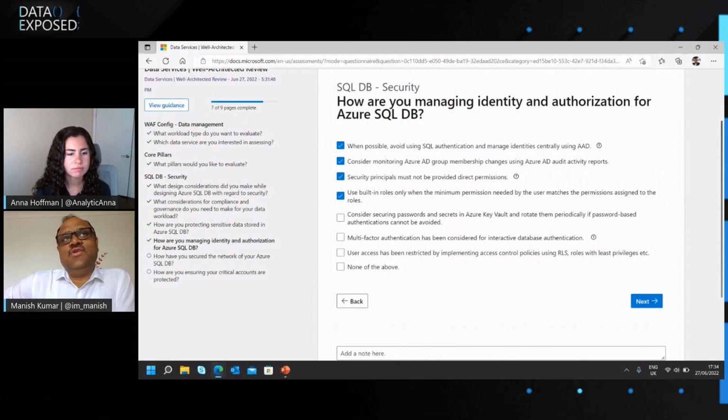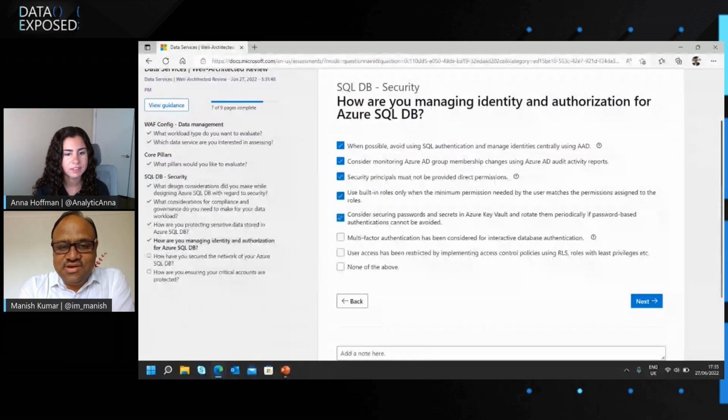Once you have designed your application and architected your Azure SQL database, you're confirming by running a Microsoft assessment that you have considered all the best practices which Microsoft recommends, and that is based on 5 different pillars. So it is more of a check that you haven't missed anything, and at the end you get a result, and it tells you, okay, this is your score. I'll show you in a minute. This is where you stand, what the discrepancies are, and what you should be doing, with all the links and everything. So let's get into the final thing, and I'll show you that as well.